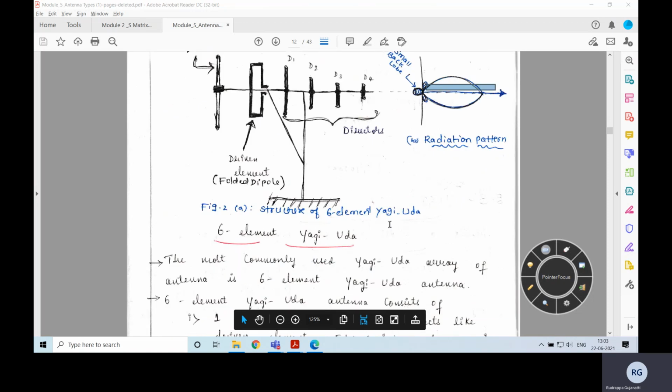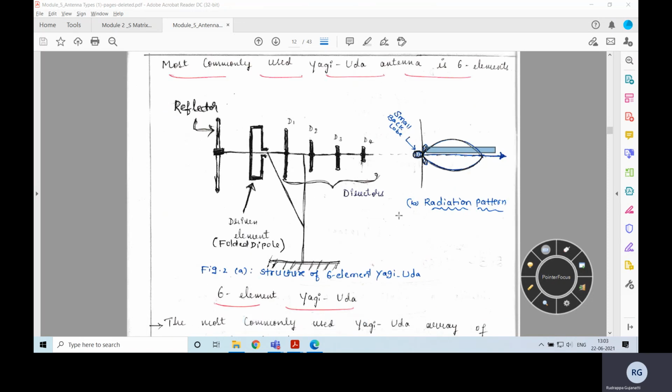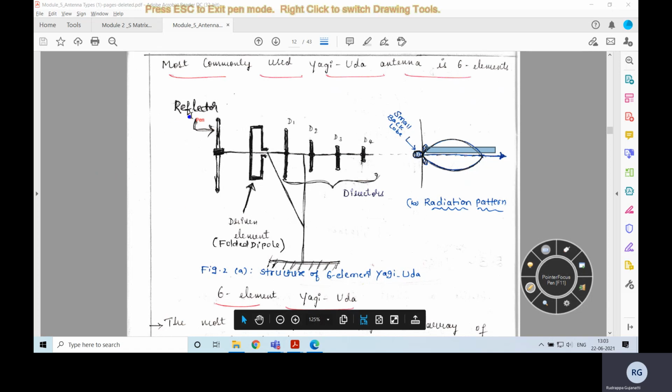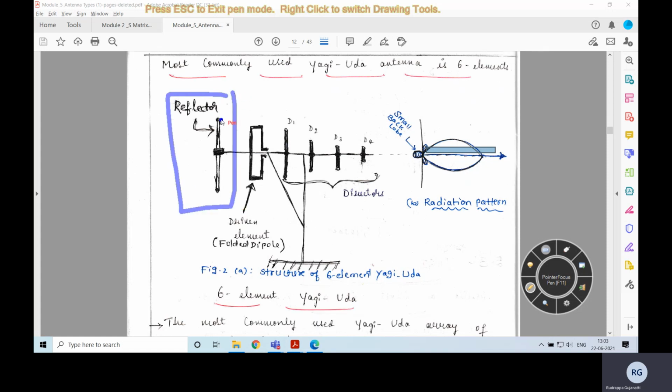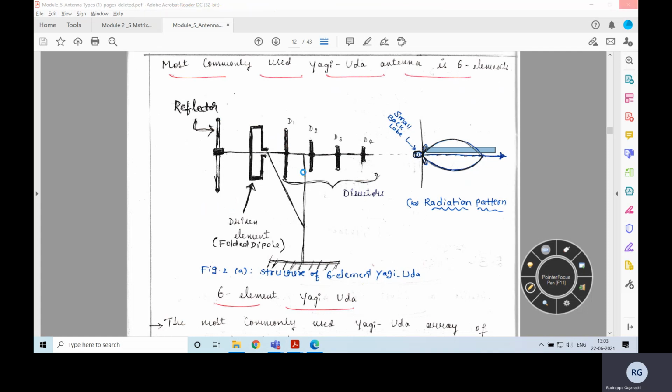Now, in association with this, let us see what the specifications associated with the Yagi Uda antenna are. Apart from that, whenever we consider a reflector, it reflects the AC signal towards the director. And because of which, if I try to analyze